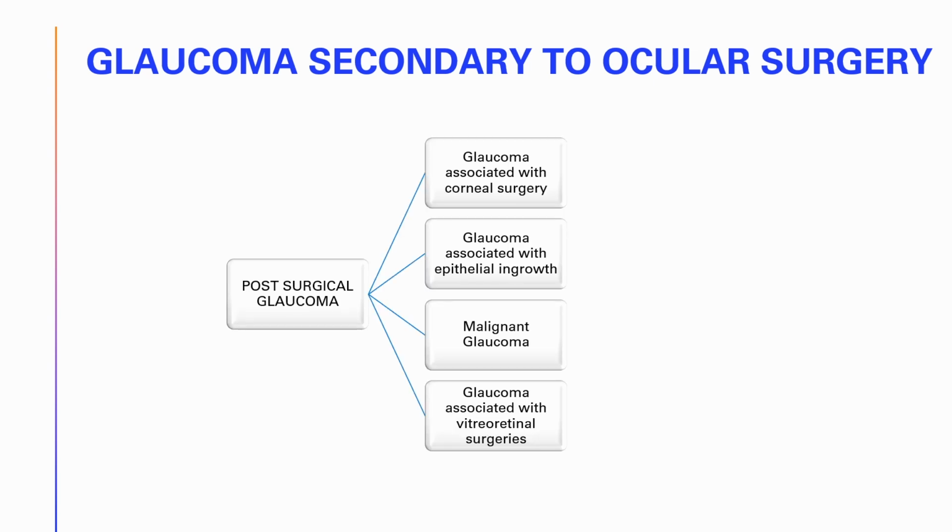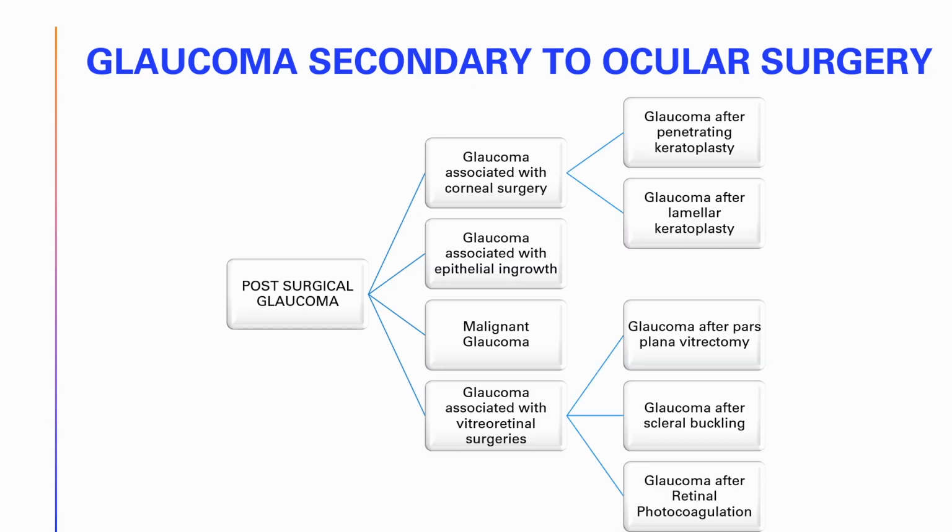So post-surgical glaucoma can be divided into glaucoma associated with corneal surgeries, glaucoma associated with epithelial ingrowth, malignant glaucoma, and glaucoma associated with vitreoretinal surgeries. Firstly, glaucoma associated with corneal surgeries is further divided into glaucoma after PKP and glaucoma after lamellar keratoplasty. And glaucoma associated with vitreoretinal surgery is divided into glaucoma after pars plana vitrectomy, glaucoma after scleral buckling, and glaucoma